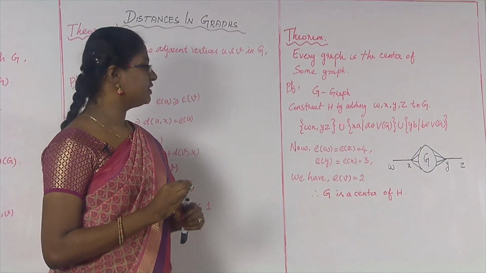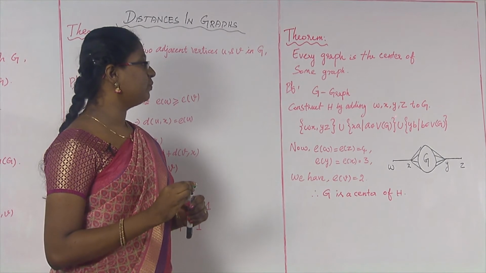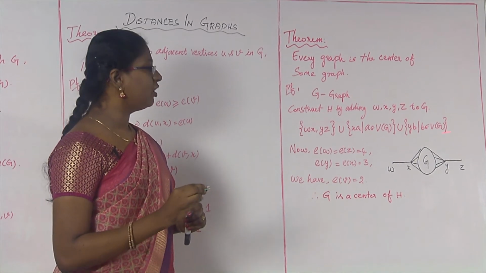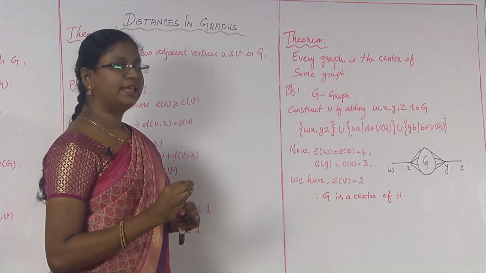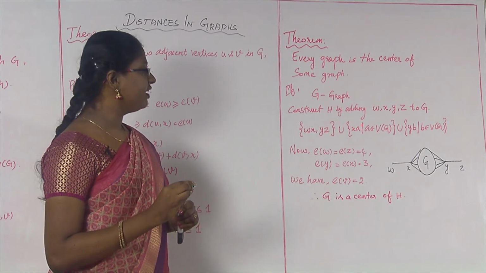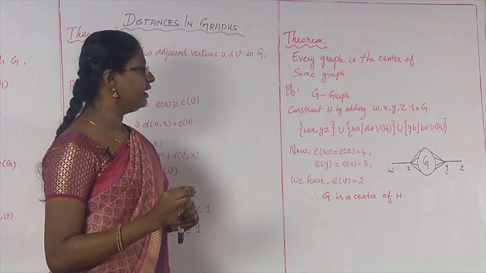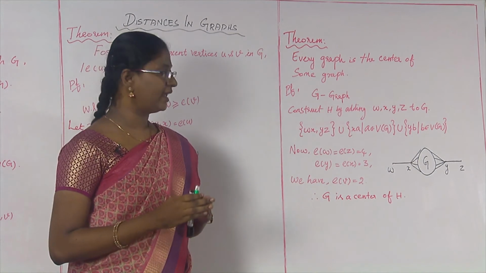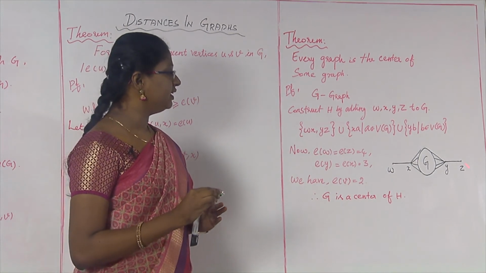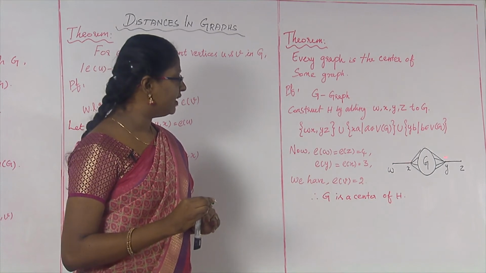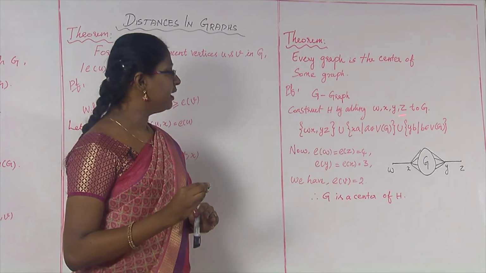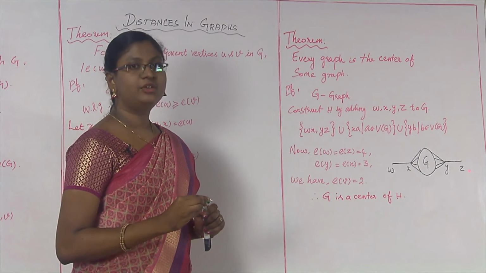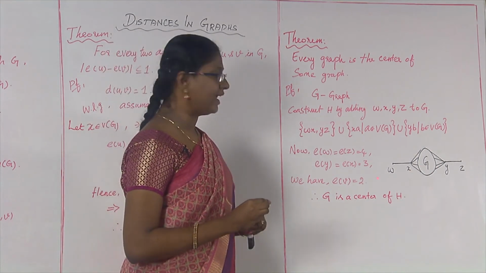I am going to name that H, obtained by adding vertices W, X, Y, Z to G. So, I am adding 4 new vertices to G, and these lines: the lines W, X and Y, Z together with the lines X, A, where A belongs to V of G, and Y, B, where B belongs to V of G. Here, what I am actually doing is adding 4 vertices and making W, X adjacent and Y, Z adjacent. And another thing I am doing, I am making all the vertices adjacent with X as well as Y. So, you can see here all the vertices in G are adjacent with X as well as Y.